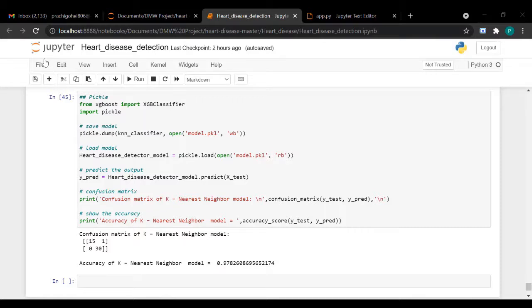In that folder, I have a static folder, which contains the image I have used for the background in my web development. Templates contains an .html file, which is our basic HTML code for designing our website. app.py is our important file, which runs our program. The model.pkl file is our saved model file. And a Procfile is